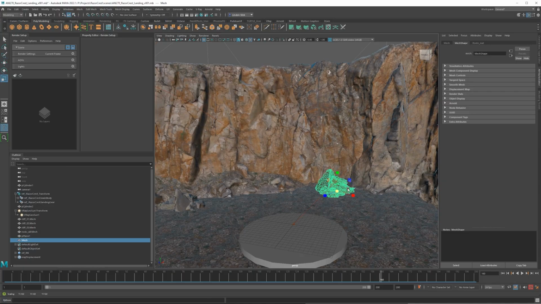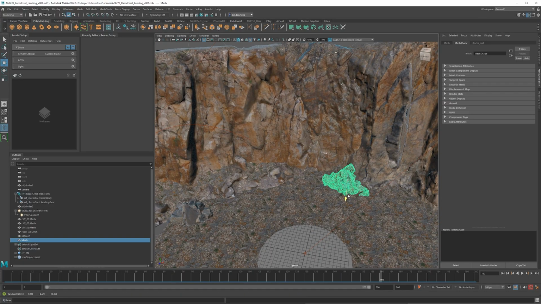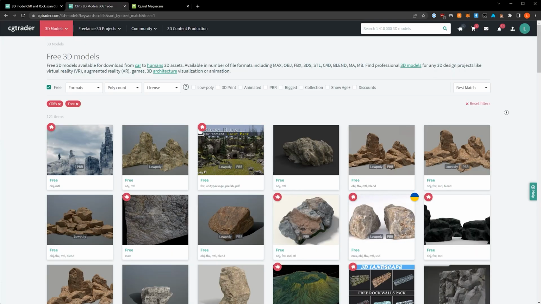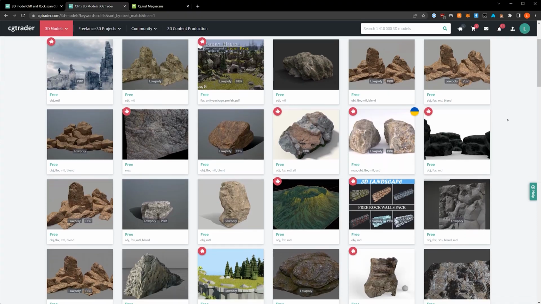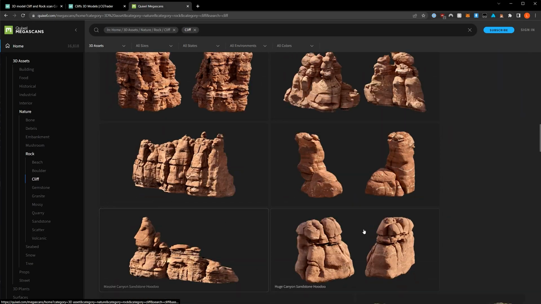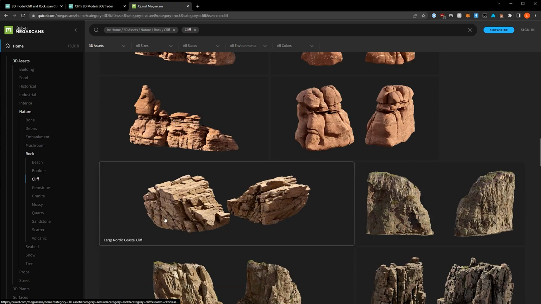Alright, welcome back to the Razor Crest series, and now we need to make our environment look a lot nicer. So in the previous one, we just had some basic block out of where we wanted geometry to go, but now we need to actually make that into proper geometry. Now for this, I am using some third-party assets. You will need to find your own for this, but this is hopefully going to give you an idea of how you can begin to make your environment look a lot better.